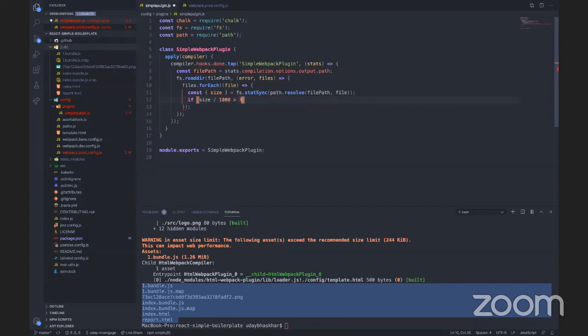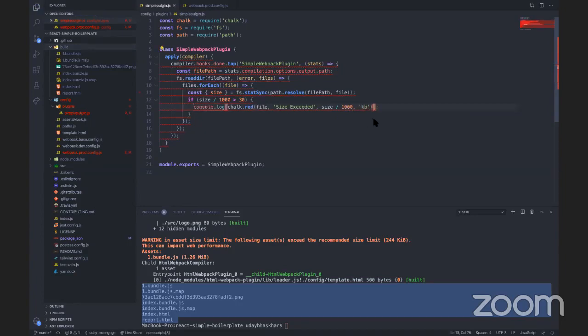And if it is greater than 30 KB, chalk.red, file size exceeded size by 1000 and in the form of KB. Or else, let's just do green file.